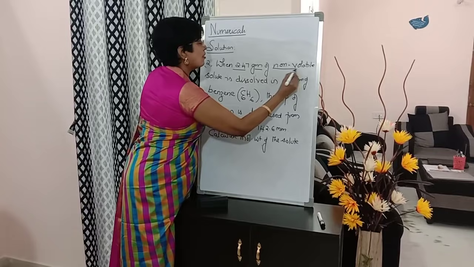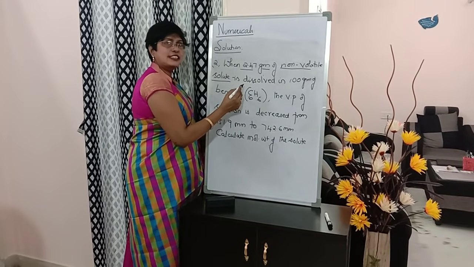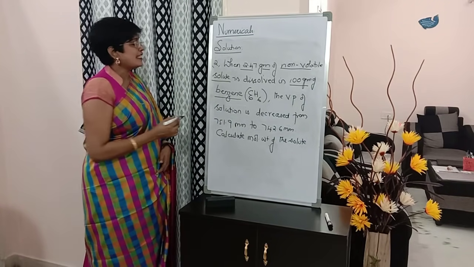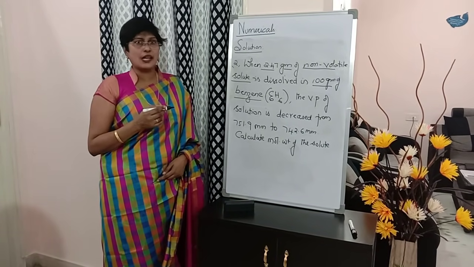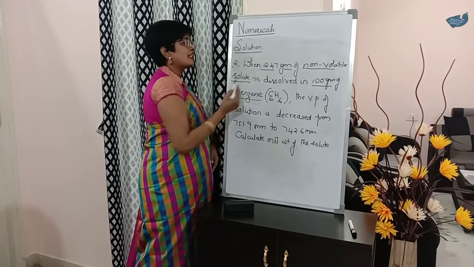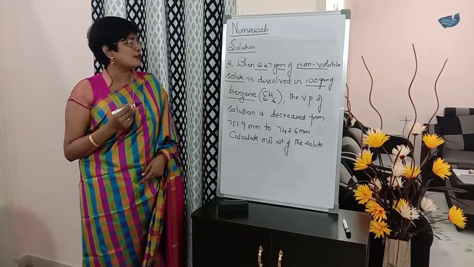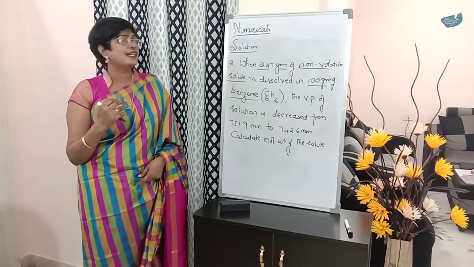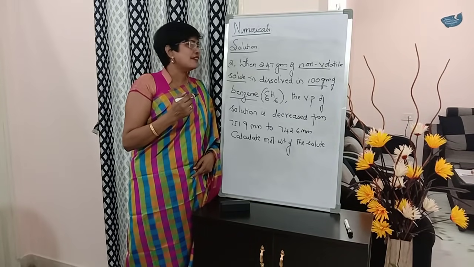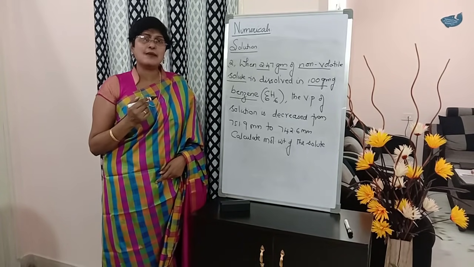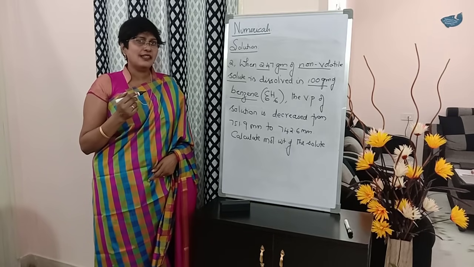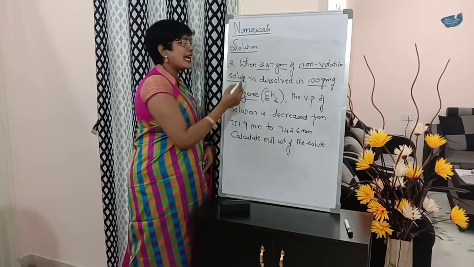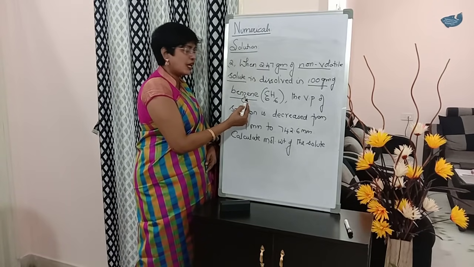2.47 grams of solute is dissolved in 100 grams of benzene. So now what is benzene? Benzene is the solvent. So a solution is prepared by dissolving 2.47 grams of solute in 100 grams of benzene. Meanwhile, think about molecular weight of benzene, students. So now what happened when this is dissolved?